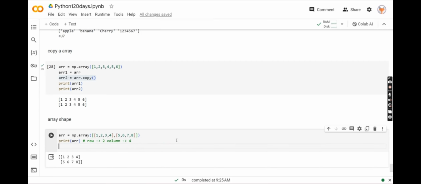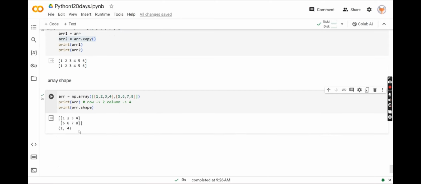So let's print the shape. Now arr.shape. If I print it, see, 2 rows and 4 columns. See, 2 rows and 4 columns. So that is the thing about shape. If you want to convert a 1D array to a 2D array, we can also convert it